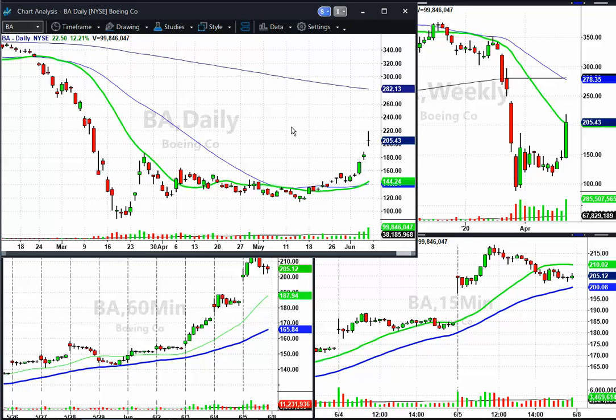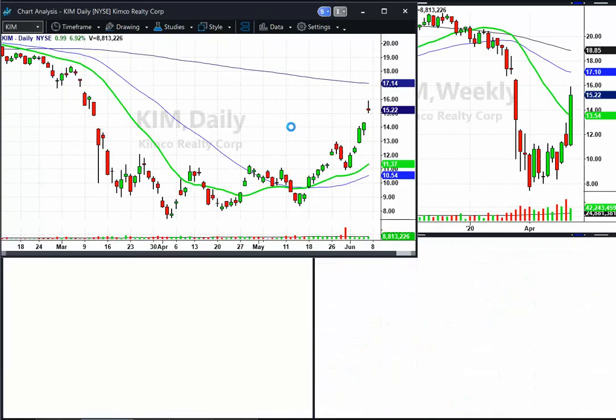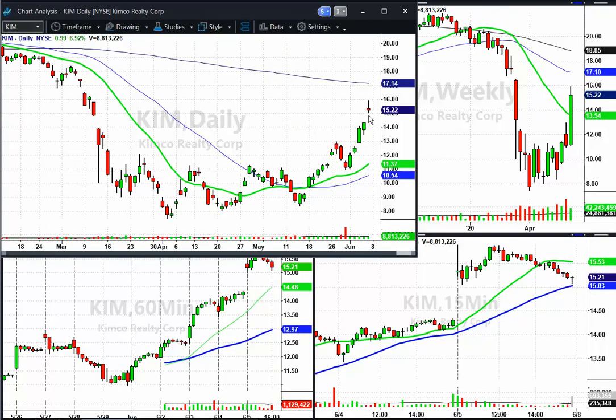The other one is, let's see, it's Kim. Another one, multiple days up here, topping tail. Volume, though, not quite as big. I would prefer this type of volume here. Okay, and I think a lot of people here, this was a lot of shares changing hands here as things looked like they wanted to go lower. And then, of course, with this move up here, anyone short is getting stopped out. Anyone long is thinking, man, maybe I should take some profits.